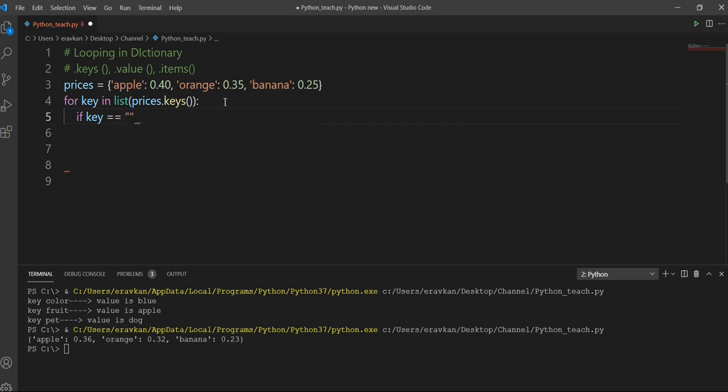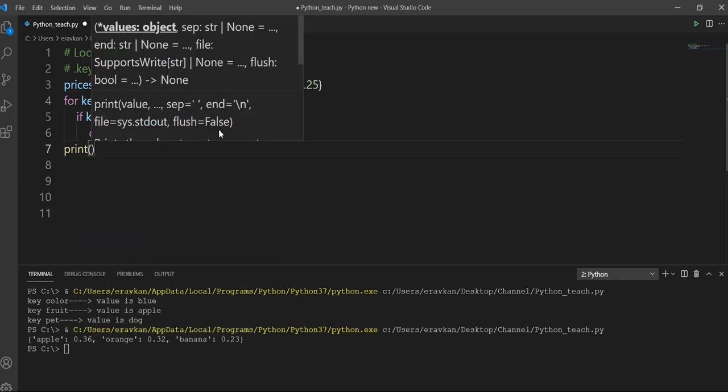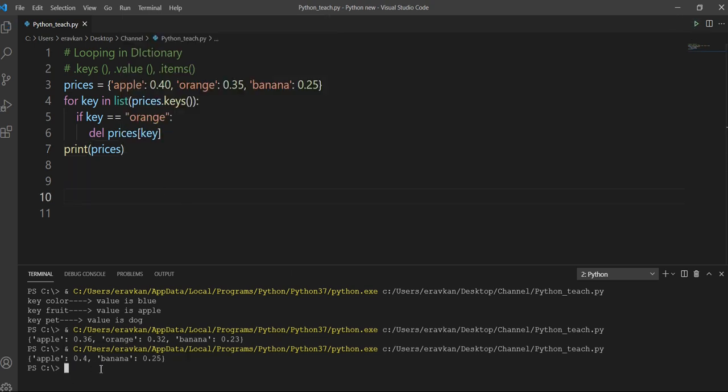If key equal to orange, suppose I want to delete this particular key. So in this way, I can do the iteration and manipulate the values. If I print the prices, then the key orange is gone.